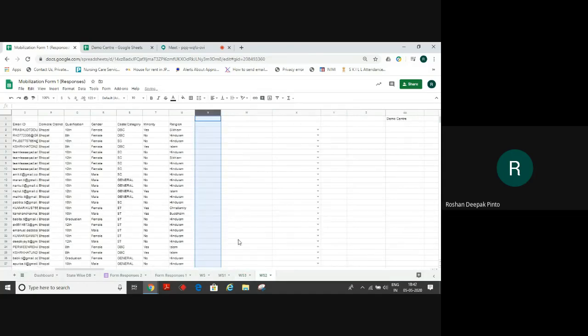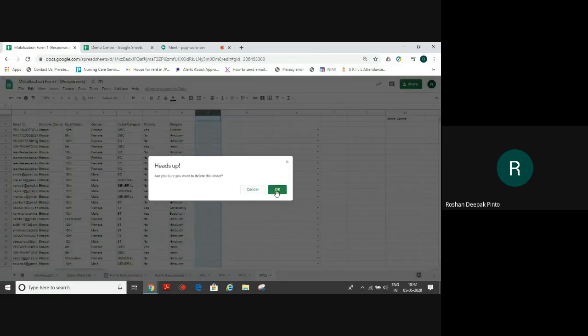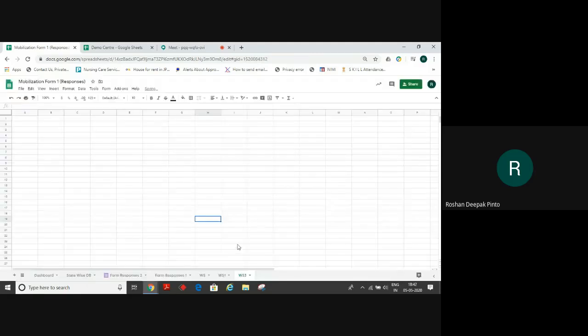Okay, so WS2 was already existing. I need to delete that and then rename this as WS2. I don't want any duplication of sheets. So WS2. Now it is not showing a red mark and the error is gone.